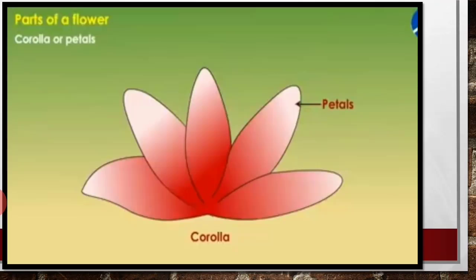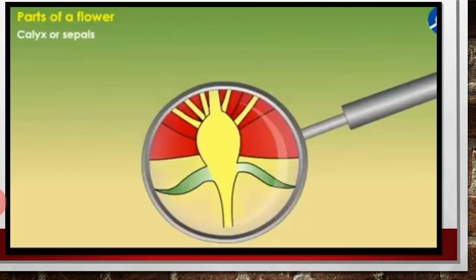The colorful part of the flower, which you also know, is the petals. Different flowers have different colors, very bright and attractive. They are all known as petals. Then the lower part of the flower, where there is a swollen part and tiny green leaves coming out of it, is known as the sepal. If you see a rose plant or a bud, the flower is inside and there is a green leaf-like structure covering it. These are the sepals of the flower.